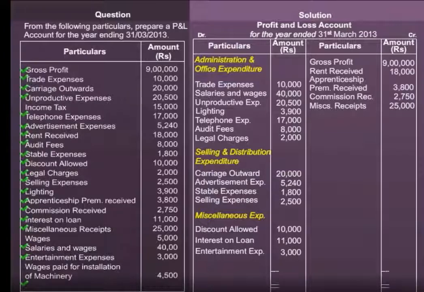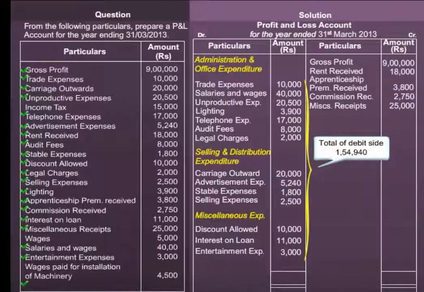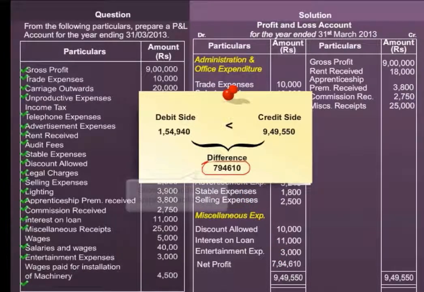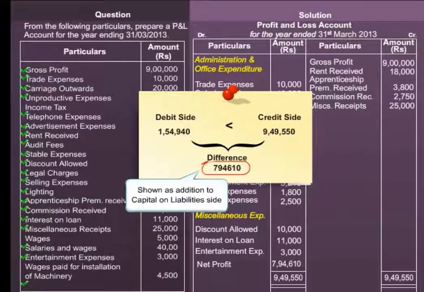So now we can tally both the sides. The total of the debit side is 1,54,940 and that of the credit side is 9,49,550. Clearly, the debit side falls short of the credit side. So, the difference amount is shown on the debit side as net profit like this. This net profit is further to be shown as addition to the capital amount on the liabilities side of the